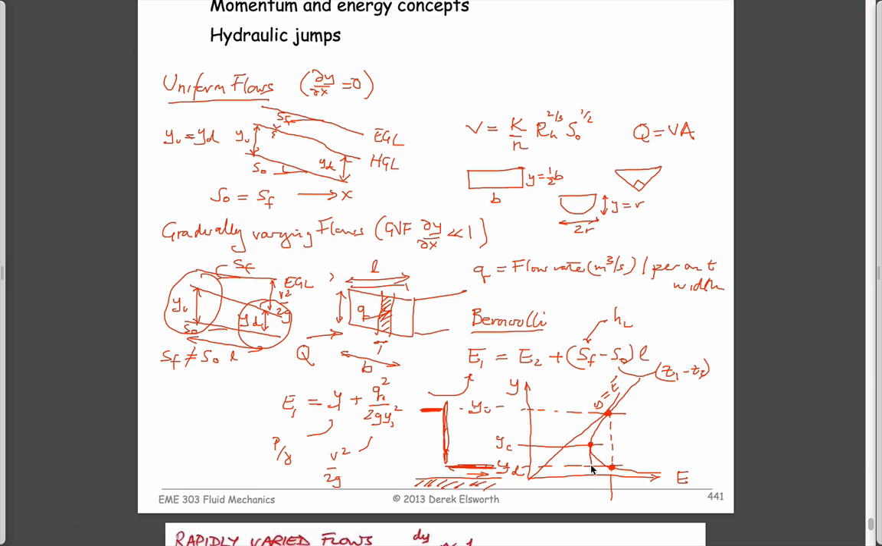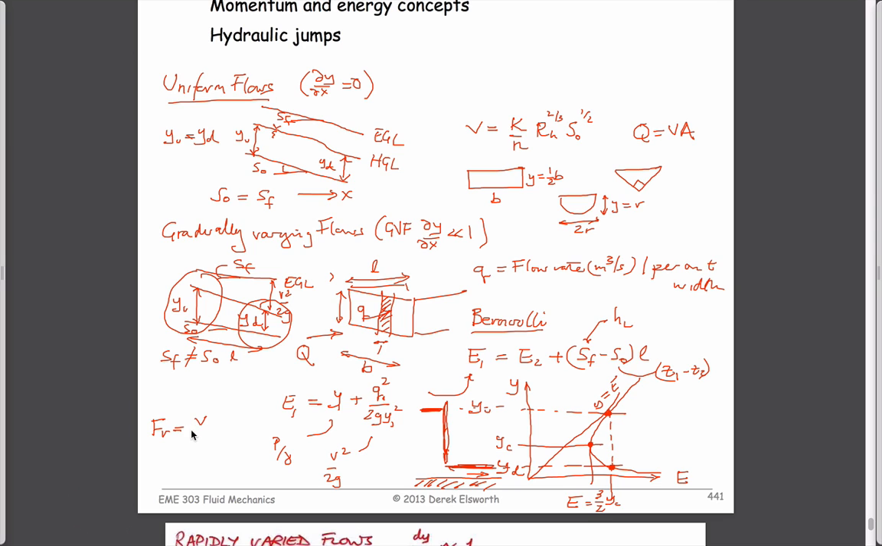And this critical depth occurs at an ordinate which is equal to an energy that's equal to 3 over 2 times Yc. So if you know what the critical depth is, then the energy associated with that is always 3 over 2 Yc. And the other important part of this was that since we define the Froude number,